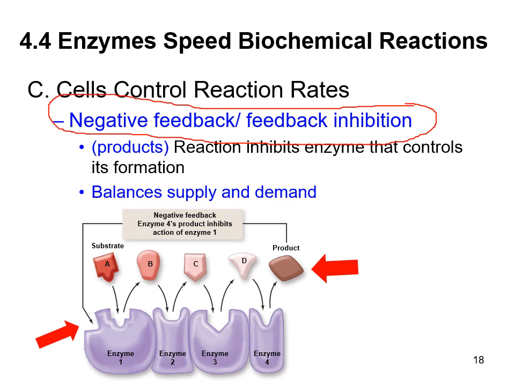And as soon as we get to our results and the product, we're going to shut the enzymes back off. This is a perfect example of a supply and demand scenario. So what I'm telling you is that in a negative feedback, the enzyme will receive a stimulus, it will turn on, and the minute the enzyme is done with its work and has produced a product, the enzyme will shut